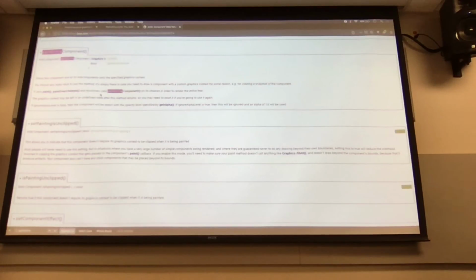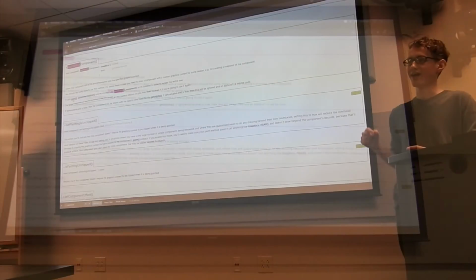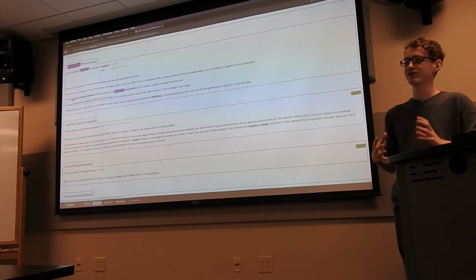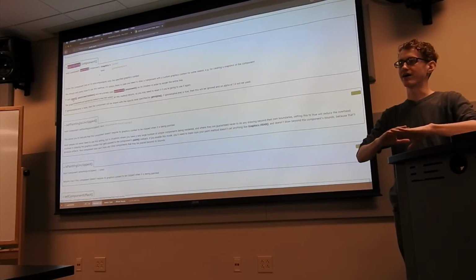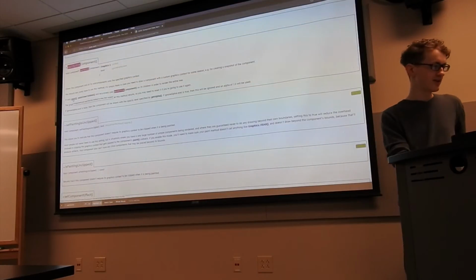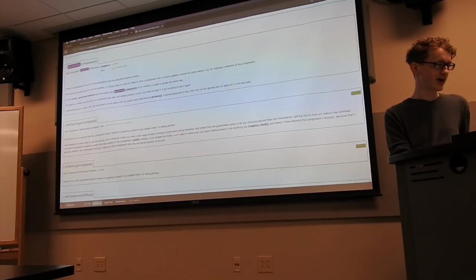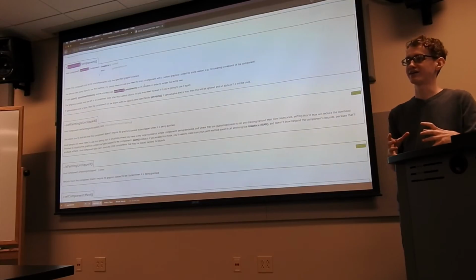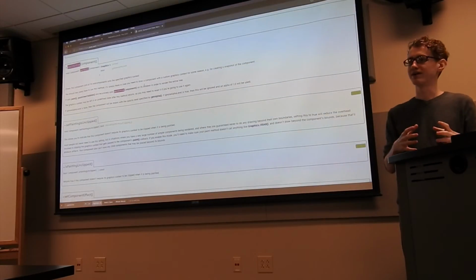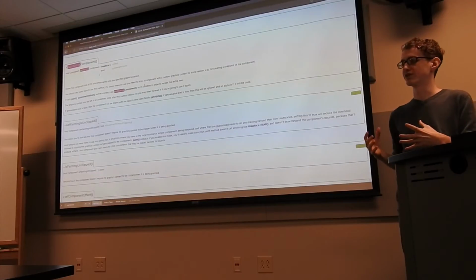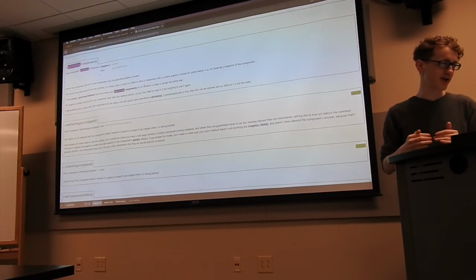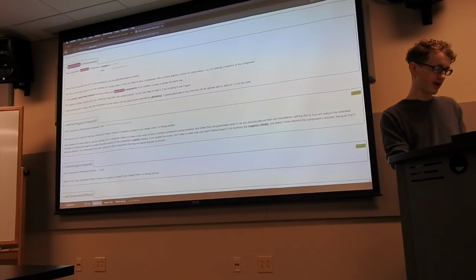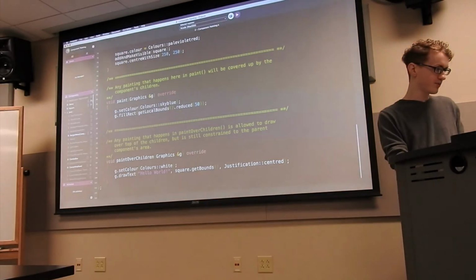But basically we start out with that paint call for our demo component, then every child has this paintEntireComponent called, and all of that is drawn on top of the original paint contents from the demo. And after every child has painted its entire contents, then we go in and call paintOverChildren, and we can draw over top of all of that. So it's basically just a lot of layering. We start out with the blue,